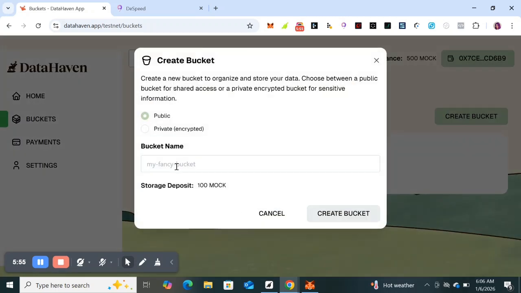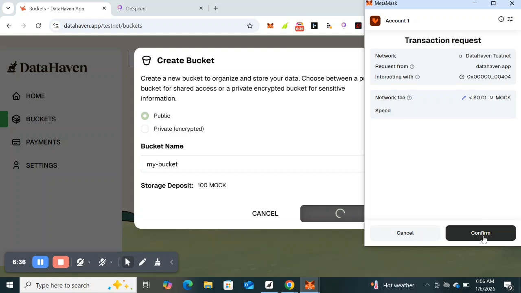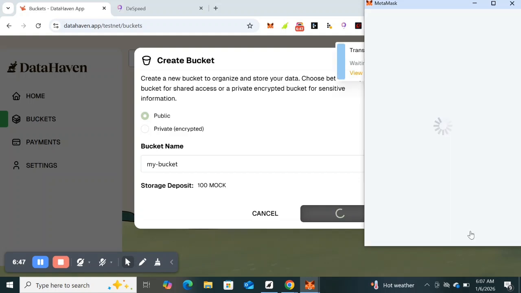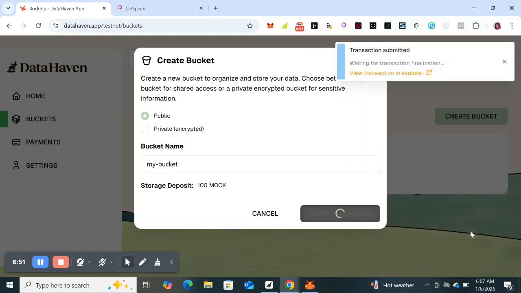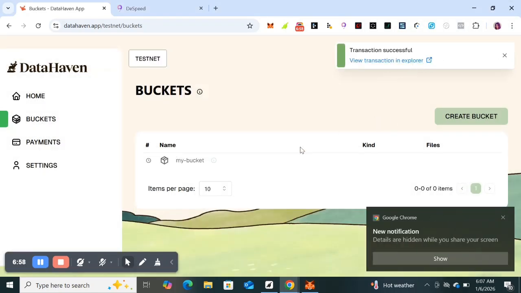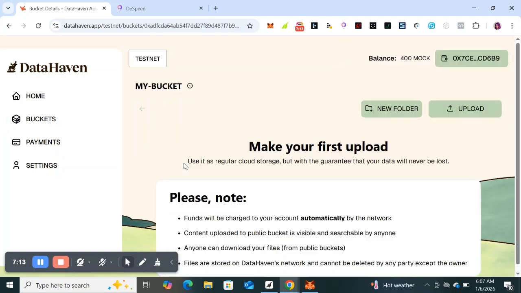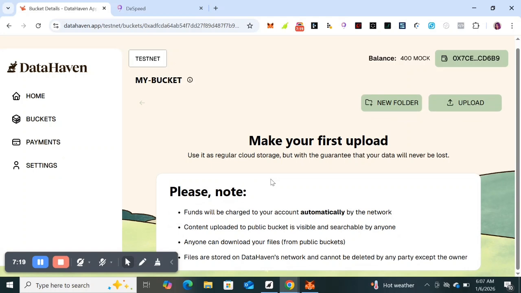Now we want to create a bucket. I'm going to give it a random name, my bucket, and I'll click on create bucket. Then I'm going to confirm this transaction in my wallet. Transaction has been submitted, and this step is like you creating your own cloud storage, or for Android users creating your own Google Drive. So now my drive is ready,